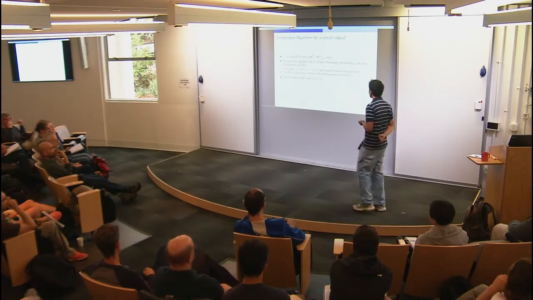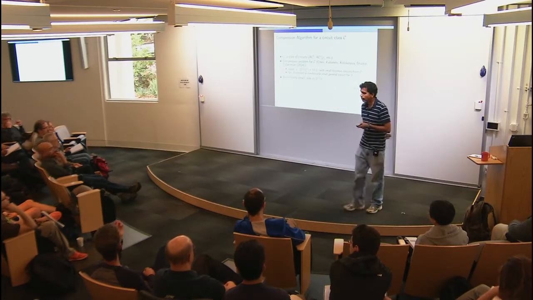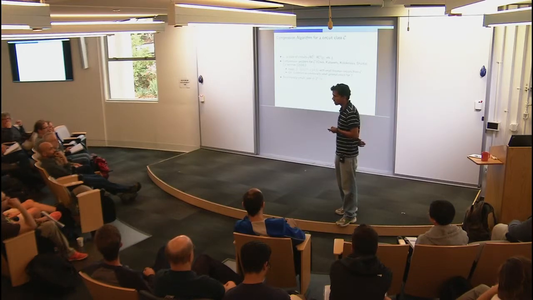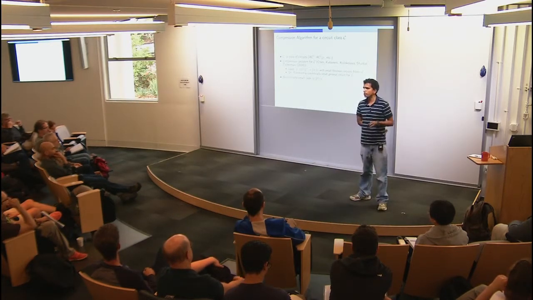So I'll be a little more formal in a second, right? Let's say polynomial size circuits to begin with. So this is a harder problem than the problem of distinguishing from random. That's right. And the interest in this problem is that, similar to the meta-algorithmic problems we saw on the last slide,